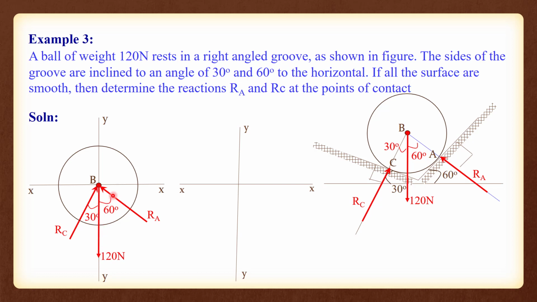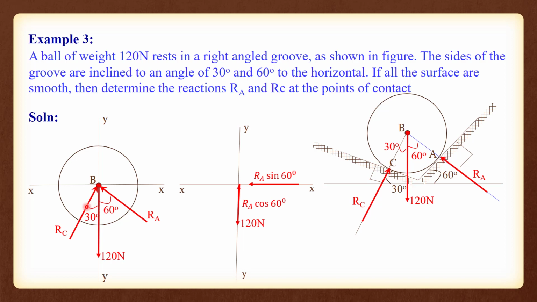The component which is adjacent to the angle 60 degrees will always be cos. So the vertical component will be RA cos 60 and the horizontal component will be RA sin 60, right? So I will mark 120 Newton first, then the vertical component of RA, that is RA cos 60, and the horizontal component of RA, that is RA sin 60. Now let us take the force RC. RC is acting in the third quadrant. When you resolve this force, you will get one component along the negative x-axis and one component along the negative y-axis. Here also you can see that RC is acting towards the point B. So the components also will act towards the point.